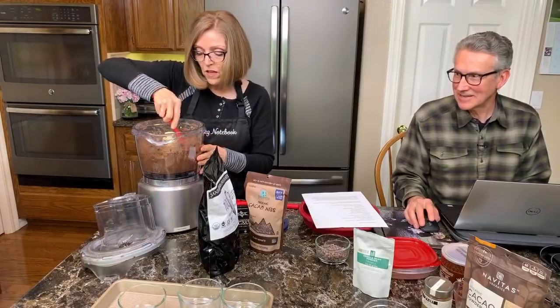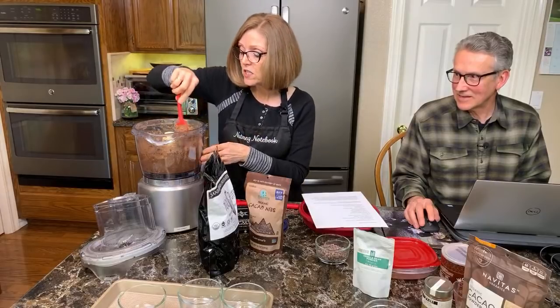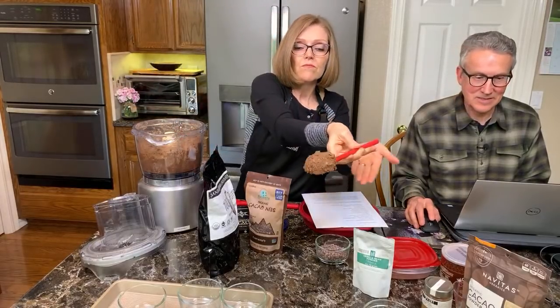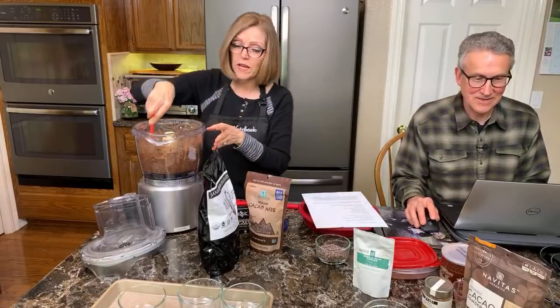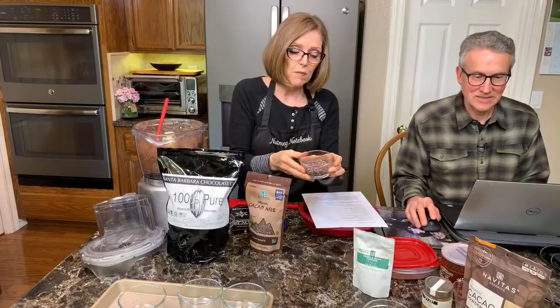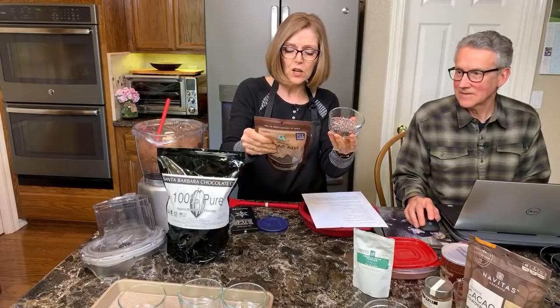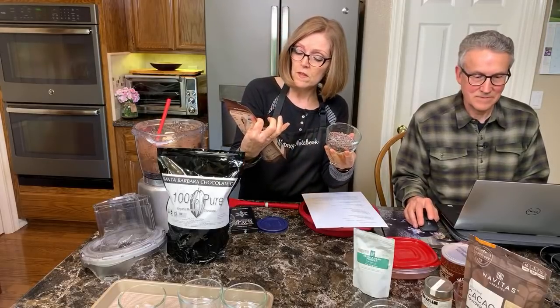Okay, there we go. So it's just a little more moist now. Yeah, that looks better. See? Yay. Yeah, and that'll be great. Okay, so what I did the Tuesday when I made it is I just added a tablespoon of cacao nibs. And so this is